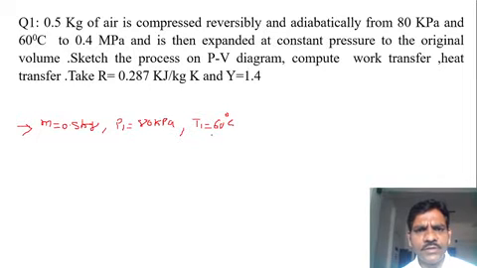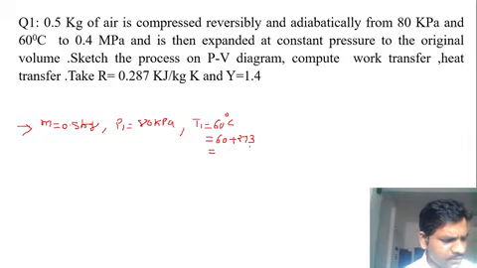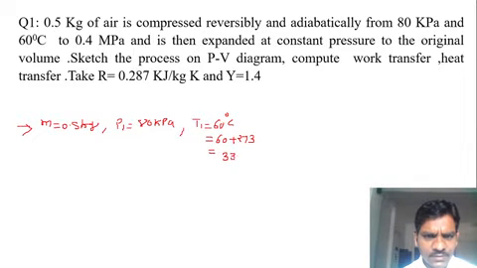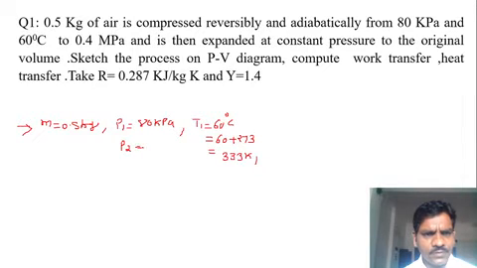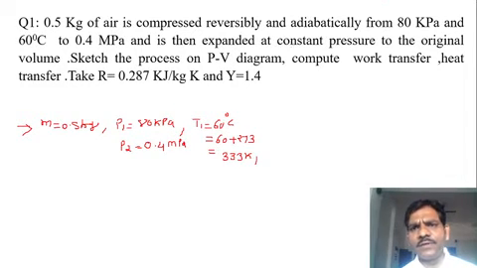So convert into Kelvin. So how much? 60 plus 273. Do the calculations. It is 333 Kelvins. Then what is mentioned here? To another pressure. Pressure P2 is also given in the problem. What is the value of the pressure P2? The pressure P2 is 0.4 megapascals. Okay. And it is then expanded at a constant pressure,